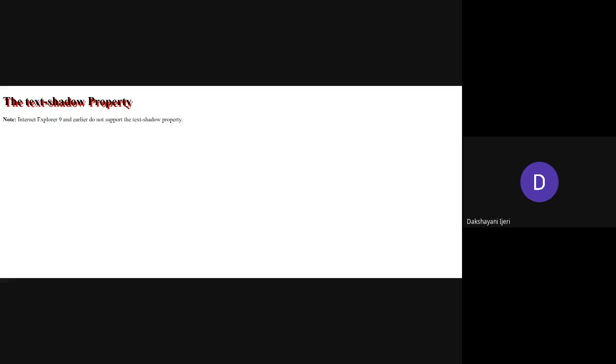So we'll try to change the values and we'll see how it is going to make a difference here. Instead of 4 pixels, I'll take it as 20 pixels here, and I'll just rerun it.